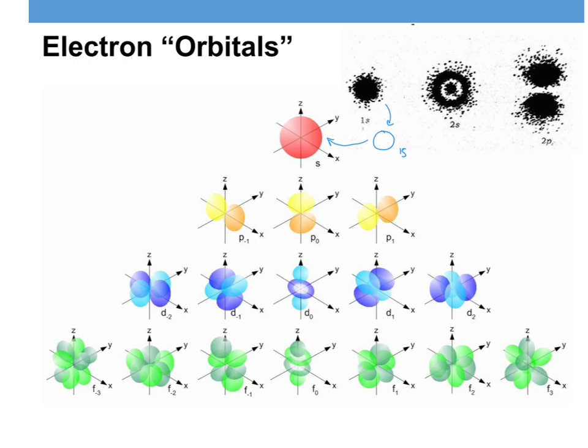And this X, Y, and Z is supposed to be three-dimensional axes, right? So you have your X's and your Y's and your Z's, where the Z is going straight up, the X is coming out at you, and the Y is going back away from you. So it's supposed to show you a 3D shape. Same thing for this p. We'll often abbreviate these p orbitals as having a dumbbell shape, sometimes drawn like that, or sometimes drawn as that.